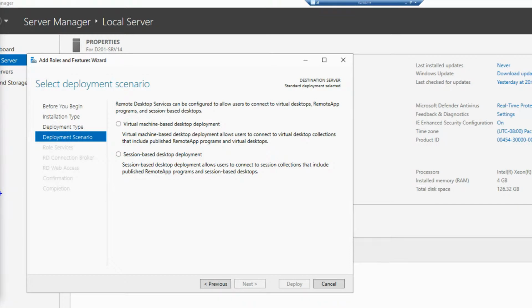Because the advantage of this remote desktop thing is that between the client, so the endpoint, and the RDS host, we only transfer encrypted picture information. It's an encrypted graphic stream. So the workload runs on the RDS host environment, so on the sessions or on the virtual machines inside the RDS host environment.